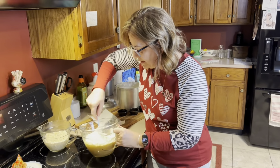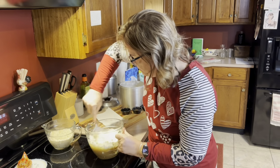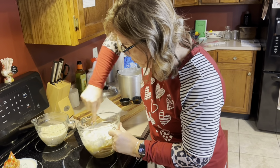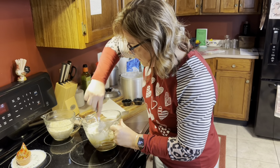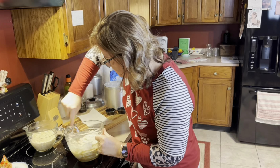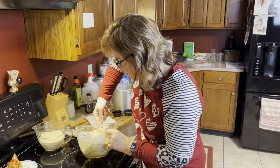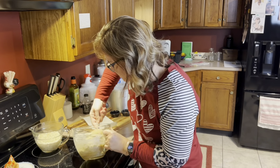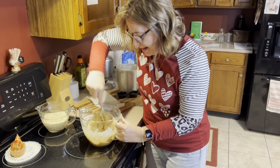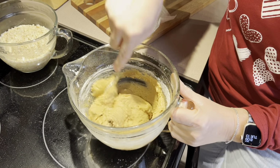And now we're going to mix that up. You don't even have to have a mixer for this. You could use a mixer if you wanted, but you don't need to. I just like to use my big fork. If you use a spoon, you just want to make sure none of it gets stuck in the scoop of the spoon. And if you throw a little flour around, that's okay too. That's what a good washcloth is for, right? You can always clean it up afterwards. So now you can see how dry, especially after putting that flour in there, how thick and dry that batter